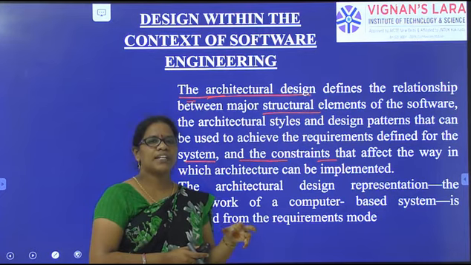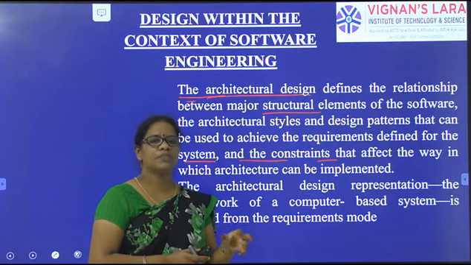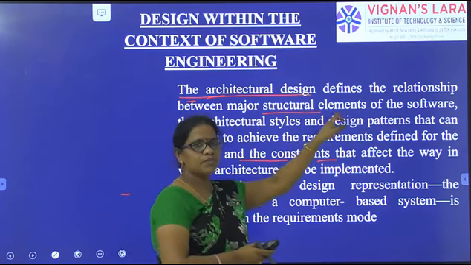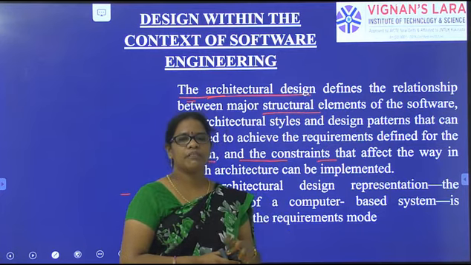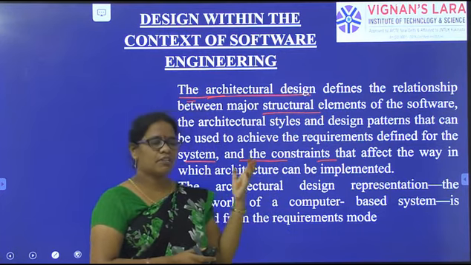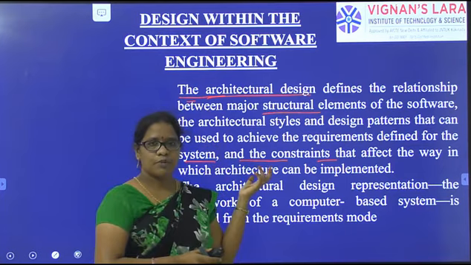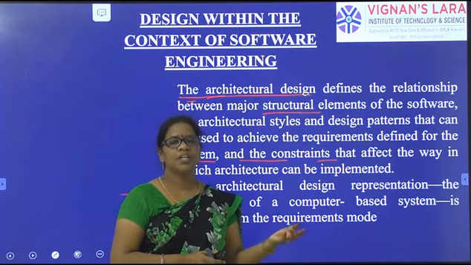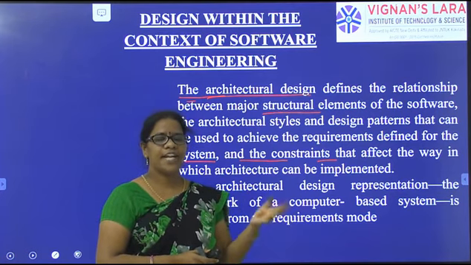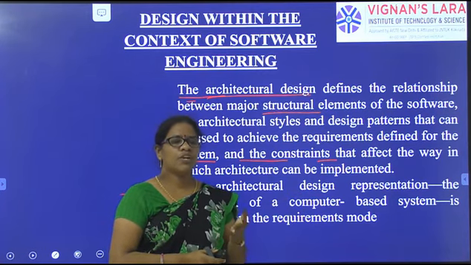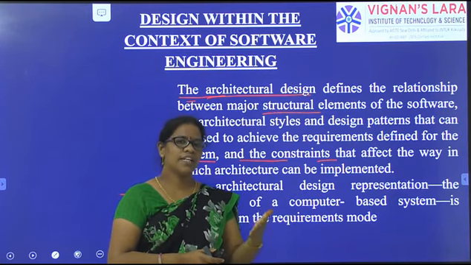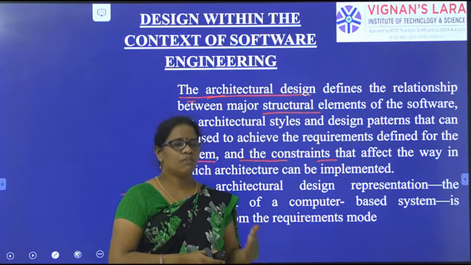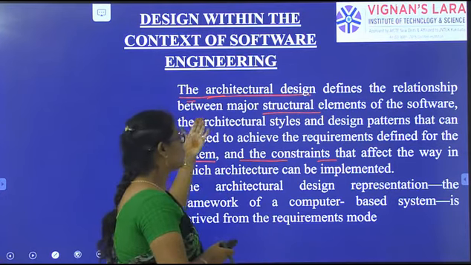Okay, so why do we use the architecture? This architectural diagram will give the overview for what? It gives us the relationship between the major structural elements of the software. So what are the major structural elements? For example, you are placing apps on your laptops or mobile, and you will see the different elements. What are those? Whether messaging or contacts, the different apps you placed on your system. So what is the relationship between the Android phone and the elements, the graphical icons, that are placed on your system? Based upon the storage, how can that be defined? That is the architectural design.